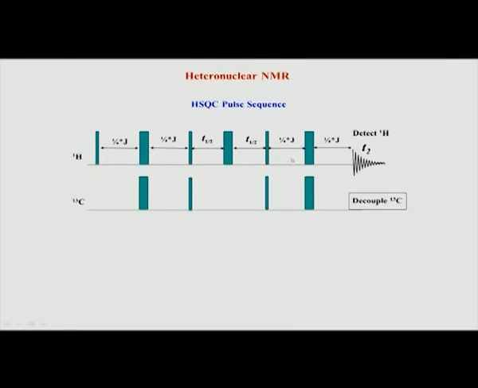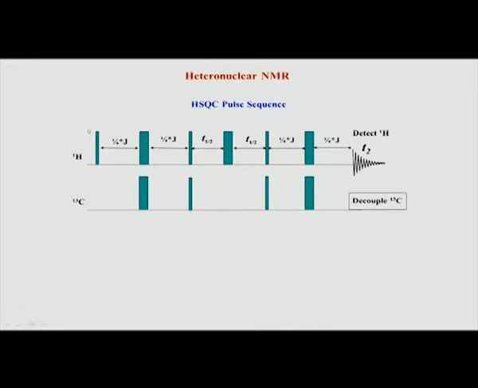So, shown here is the 2D pulse sequence which we started with yesterday. Here you can see a sequence of pulses which are applied on the proton channel. We saw yesterday that we defined two separate channels, one called proton, another called carbon, and on the proton side we apply a series of pulses and delays. There are very specific values of the delays, which we will see in more detail today, and similarly on the carbon channel we apply pulses.